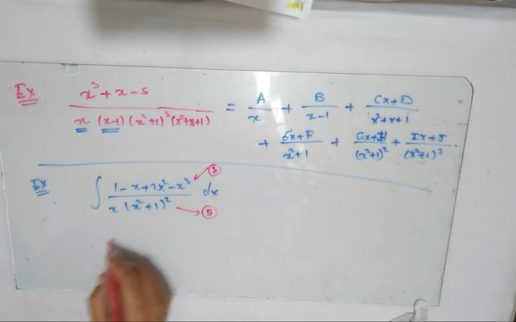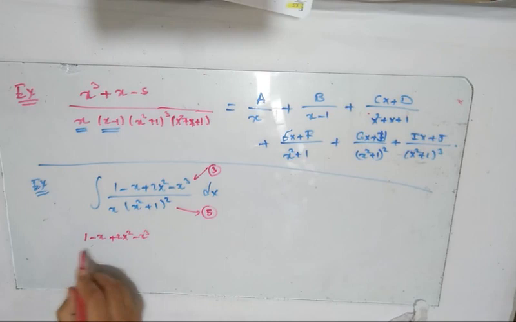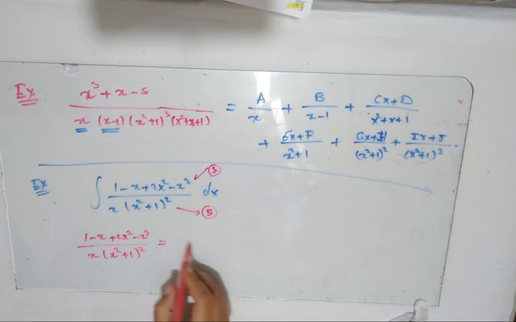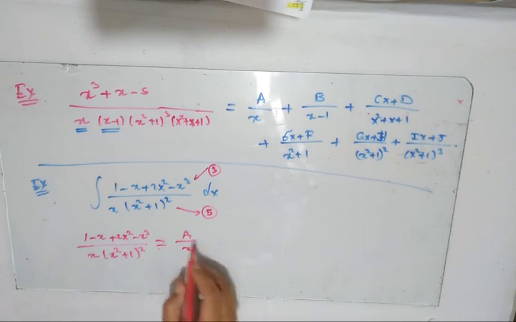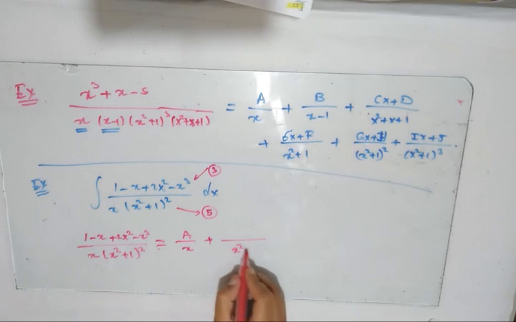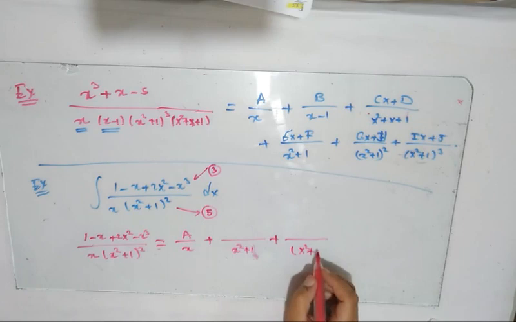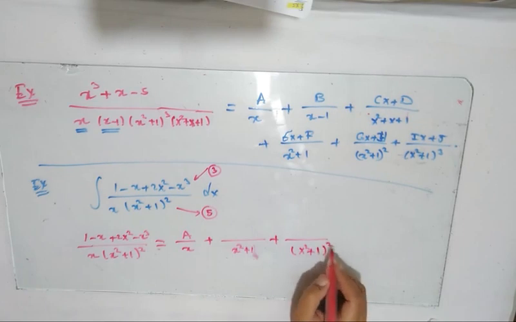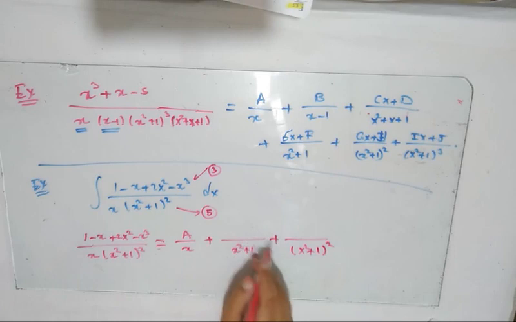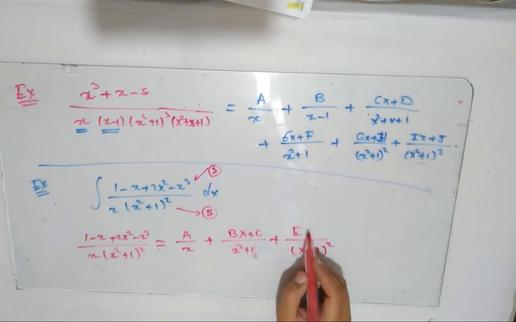So you have to rewrite this expression, which is (1 minus x plus 2x squared minus x cubed) over x times (x squared plus 1) squared, using partial fractions. So x is not repeated, so it will be A over x, and here you will have Bx plus C over x squared plus 1, plus another partial fraction with denominator (x squared plus 1) squared. So here you will have Bx plus C, and here you will have